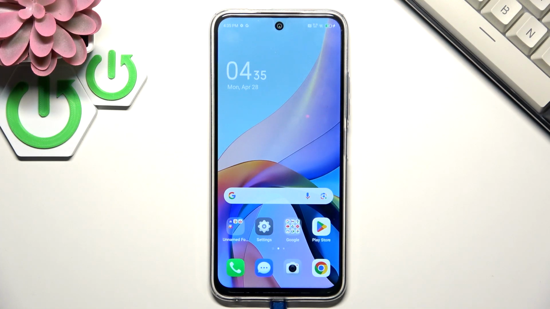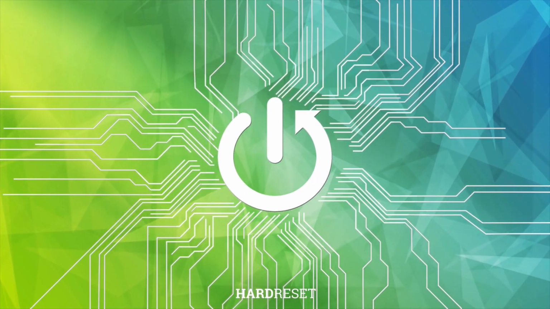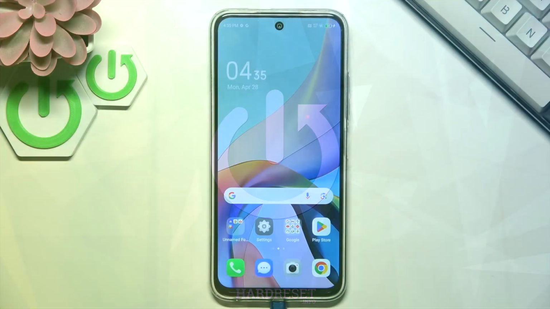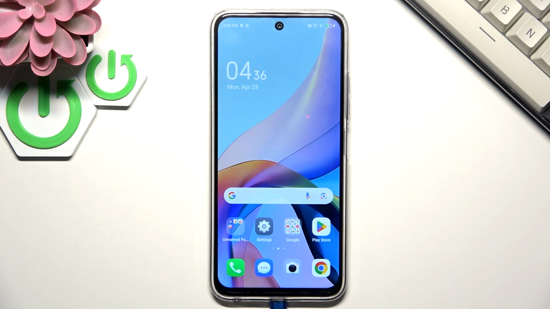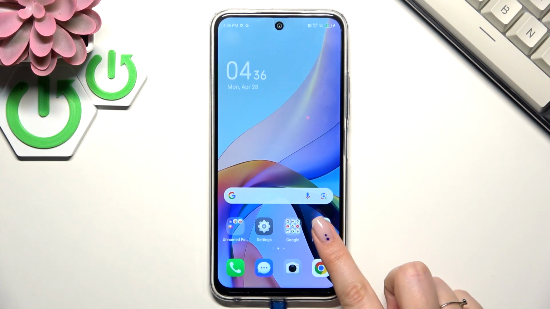Hi everyone, in front of me I've got TECNO Spark 30C and let me share with you how to update the apps on this device. So first of all, make sure that you've got the internet connection because it is required, and then enter the